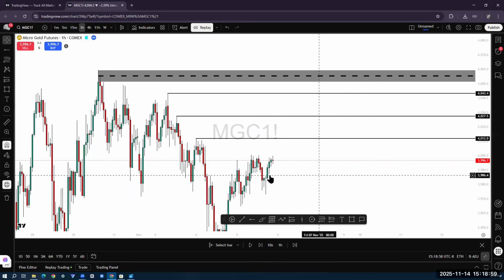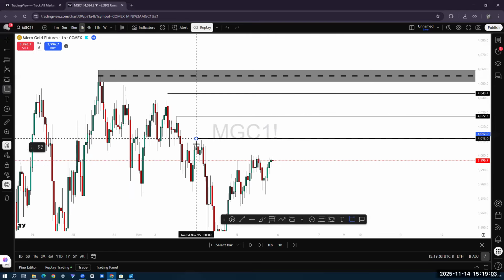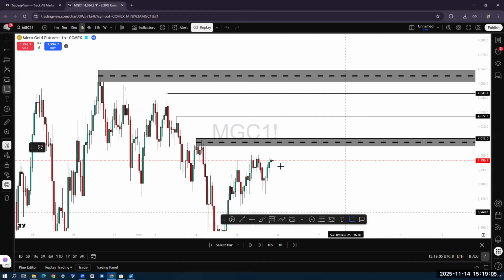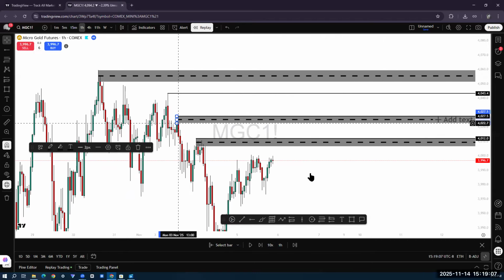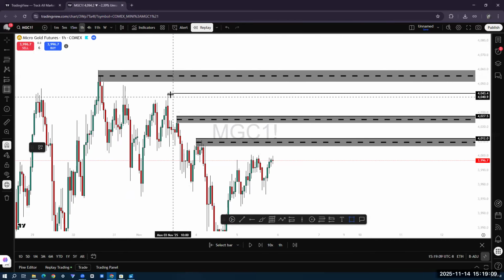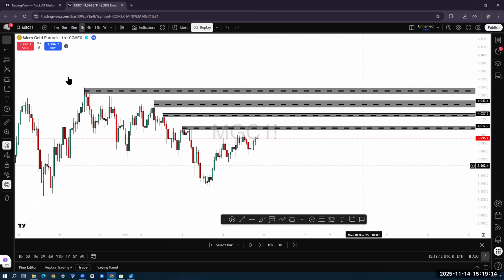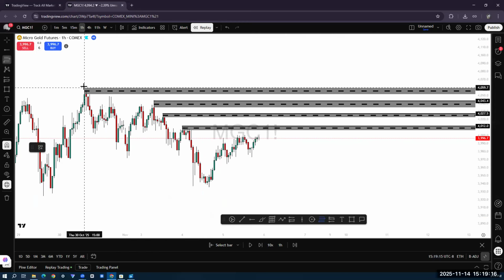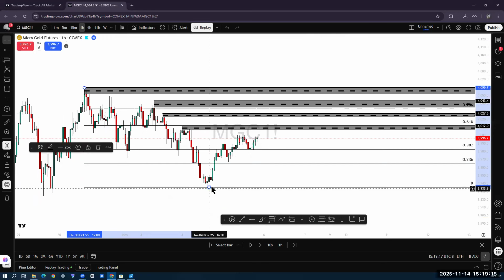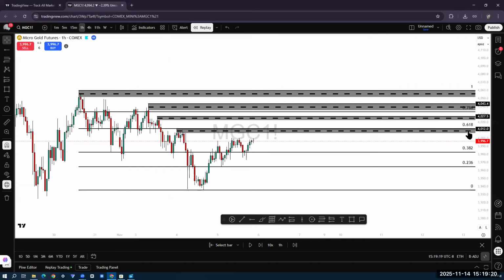I have price action videos out there also that aren't just about the fibs, because I also teach price action. So I'm drawing out my ranges like this. One, two, three. I got one, two, three. And now let's say I already have my fibs. Boom. Because I don't need to mark it out anymore. I used to, but not anymore.